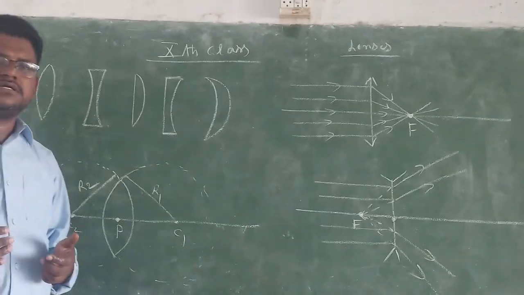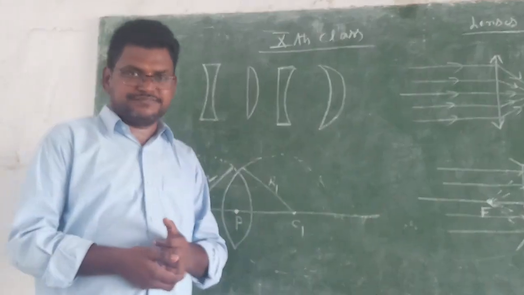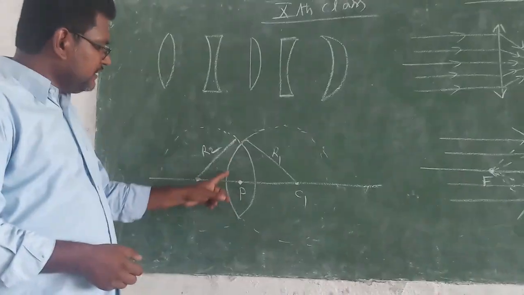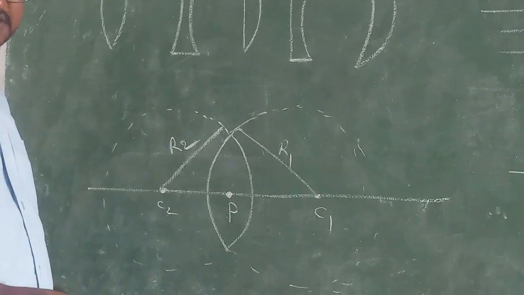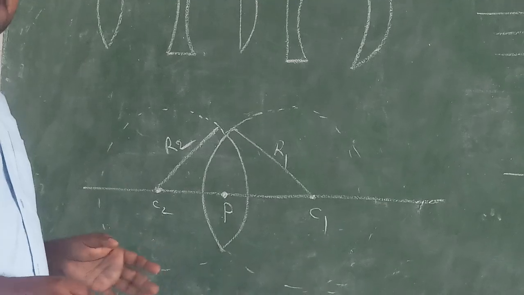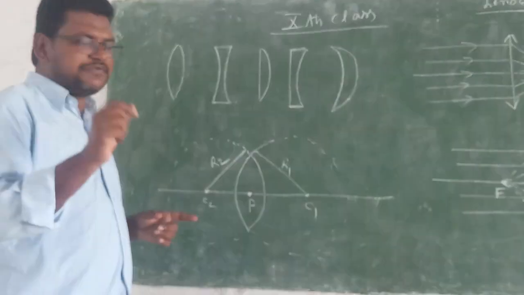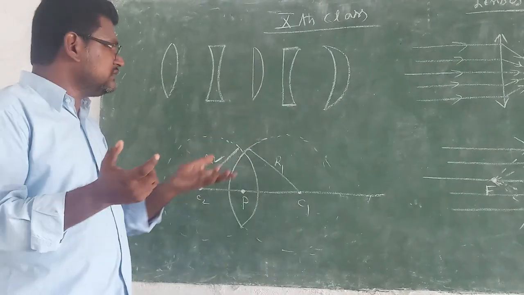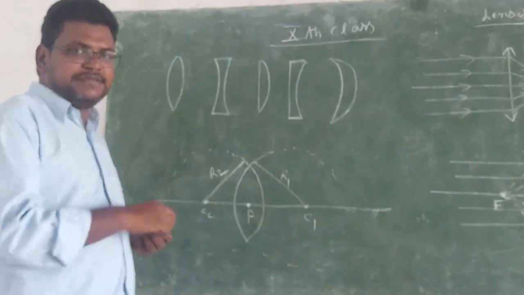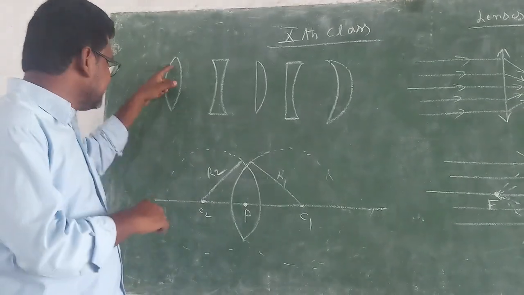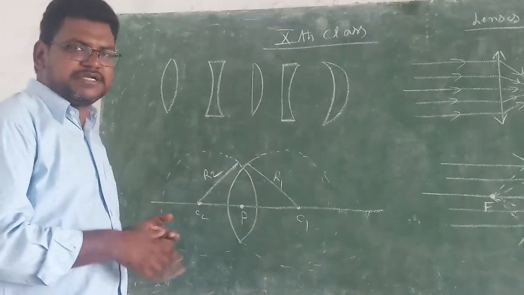And here let us see the different terminology that comes in the case of lenses. Here it is a double convex lens, so it has two surfaces. No doubt, all lenses will have two surfaces, of which at least one surface is curved. That means a few lenses have one surface curved and one surface plane, and some lenses have both surfaces curved, and these are made of transparent materials.